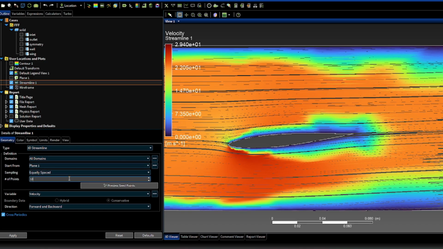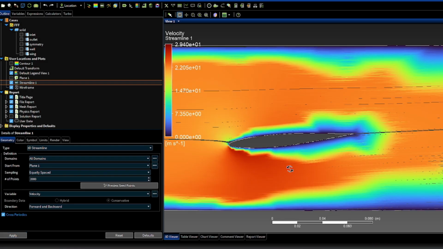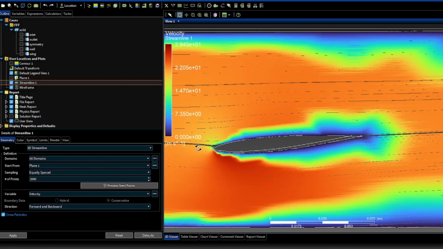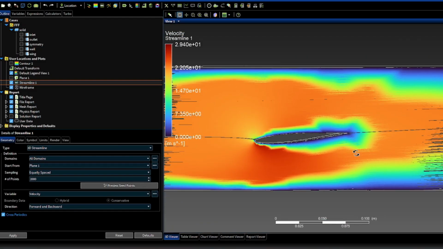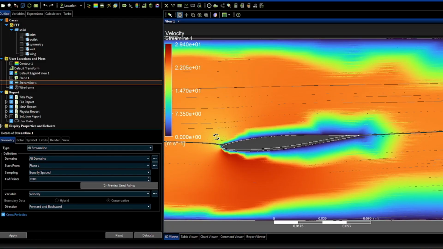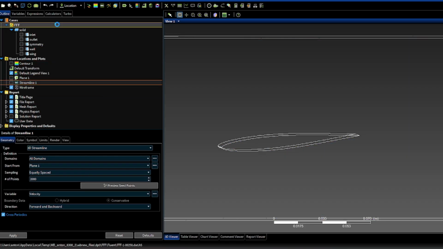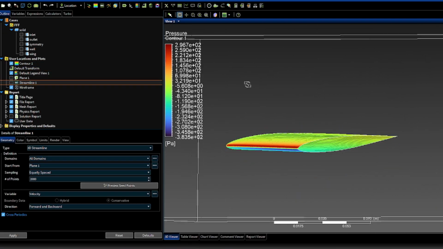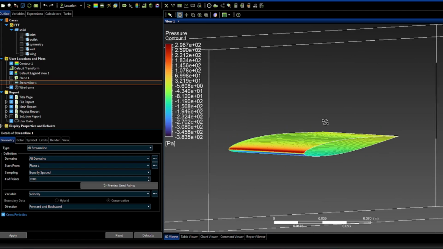but then you can analyze all the type of things that you want. You can also, for more precision of analysis, upgrade this number. So apply 2000 and it will be more accurate. As you can see here, there is no air. The air is dividing here, where you can see many different things. You can also, for example, see vectors. You can see volumes. You can, well, but we are gonna go with the calculation of the drag coefficient and